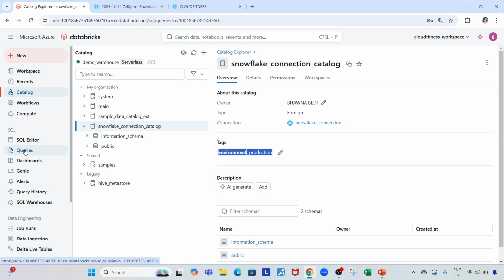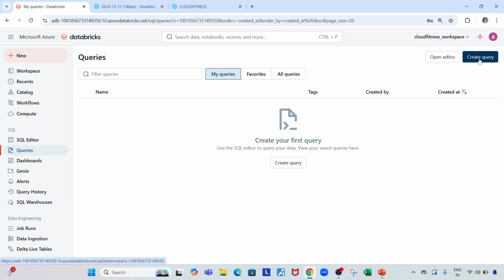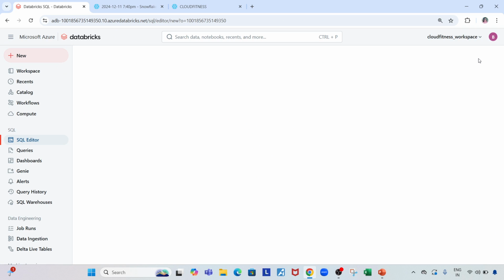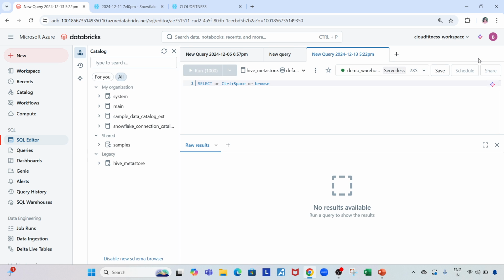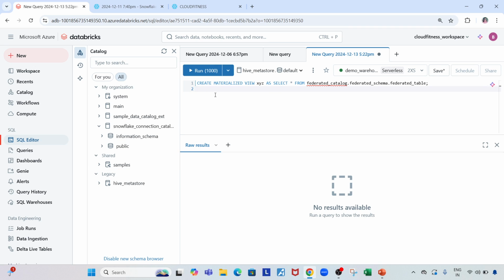Now if I go to my query editor, let's say I'm doing some analysis and I want to use the data which is present in the Snowflake. So what I've done, I came here, I created a connection, and now I want to use this data. Now how do I go about it? So if you see this Snowflake connection, let me just paste this query. So what I can do is I can use it directly, and apart from that I can also create a